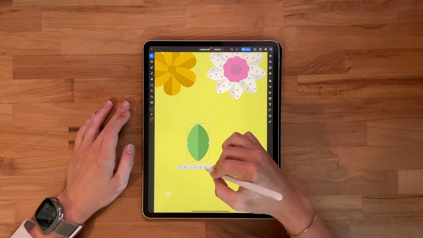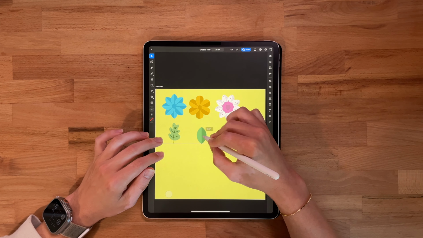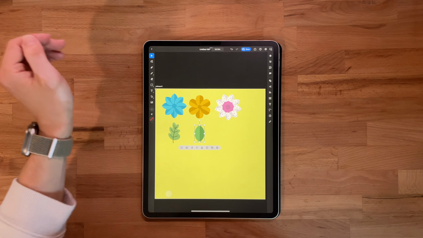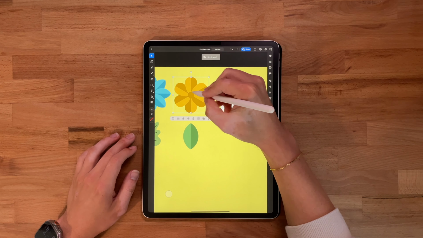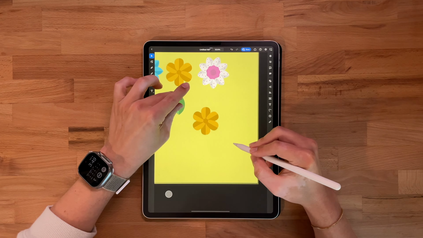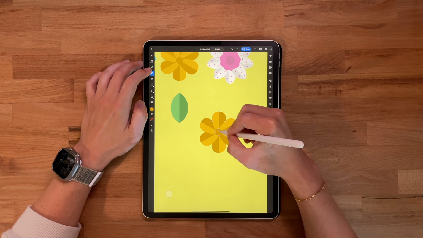We're just going to group this. Now we got a nice little leaf in here. And here's something I want to show you guys too. Like say for example, we have this leaf here. For this pattern, it's not exactly what I want to do. But if I wanted to make a stem, like if I wanted to make the full flower, I could take